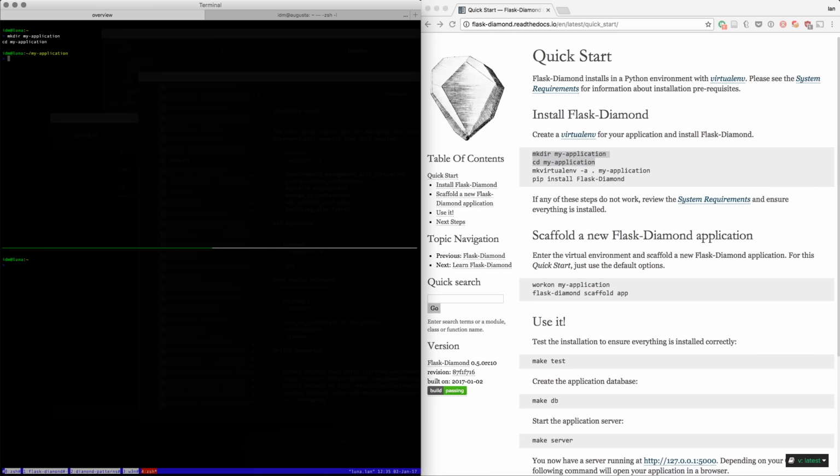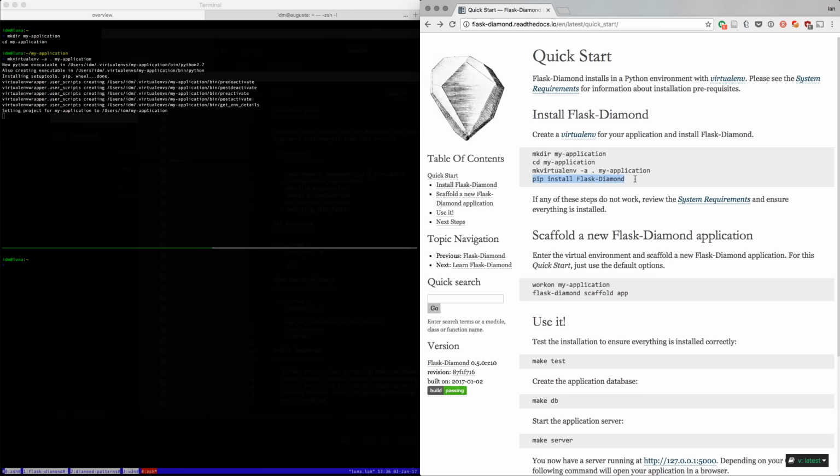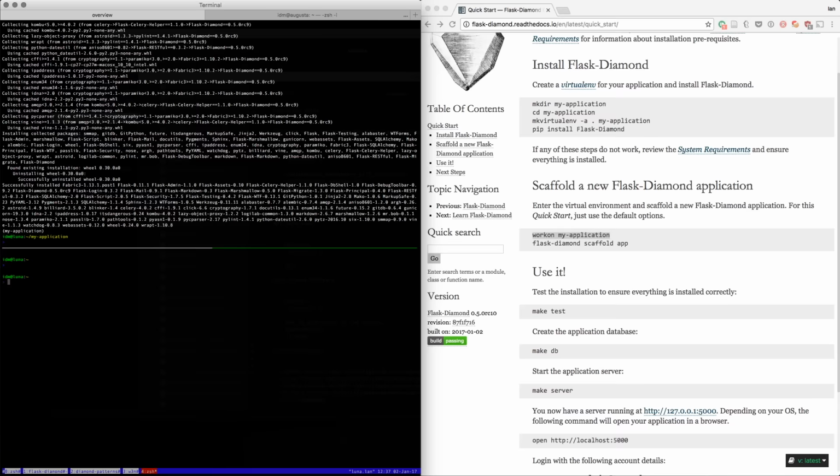And let's begin by copying and pasting the commands. So we will first create a directory for our new testing application, and then we'll use virtualenvwrapper to make a new virtual environment. And then we will install Flask-Diamond. It installs easily off of pip, or you can specify a specific version, which I'm going to do. So now that it's installed, we enter the virtual environment